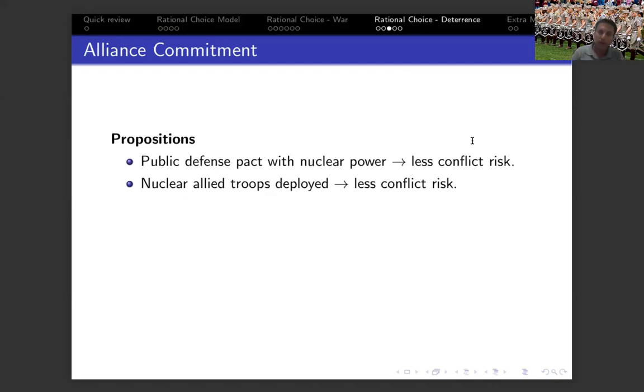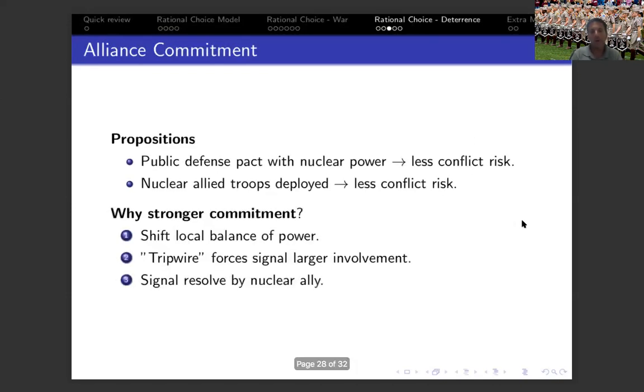And the effect of troops is a lot more powerful for several reasons. The first, it can shift the local balance of power in favor of the allies. So stationing American troops in South Korea will shift the balance of power in its favor and is intended to prevent or stall an attack by the adversary. During the Cold War, the US had tactical nuclear weapons stationed in Europe, and they were intended especially for that, to stall the Soviet attack, not necessarily to stop it altogether. So that's an extension of its deterrence.